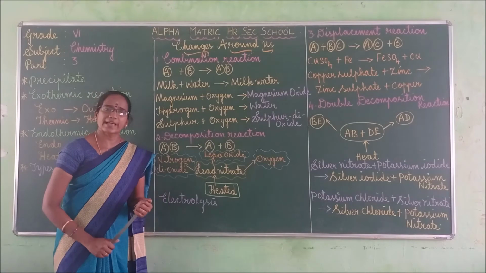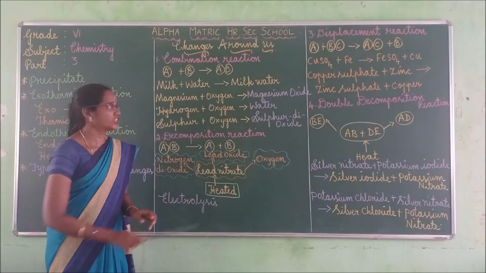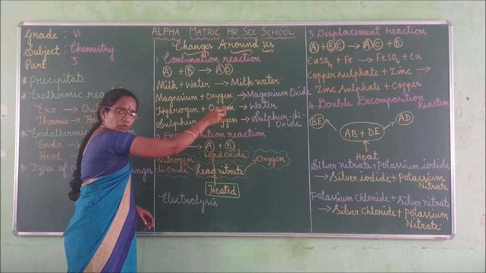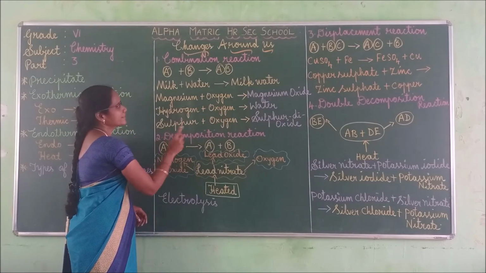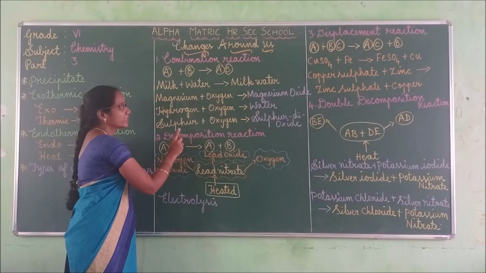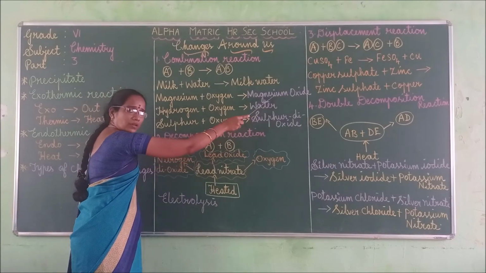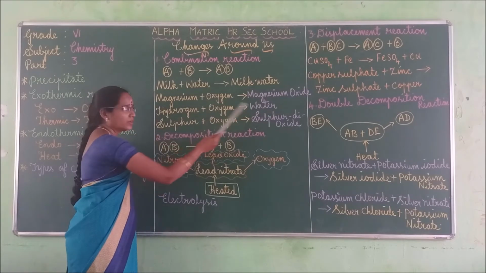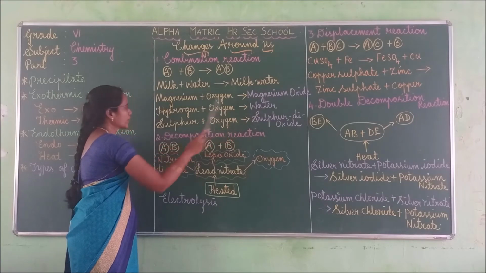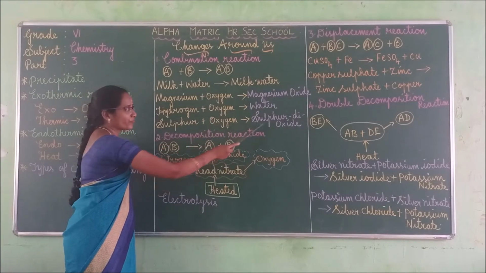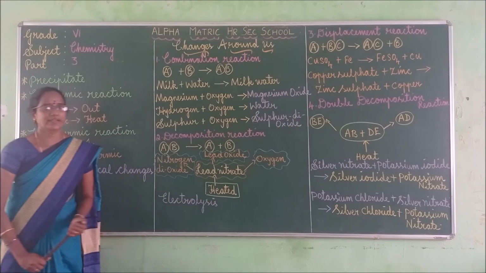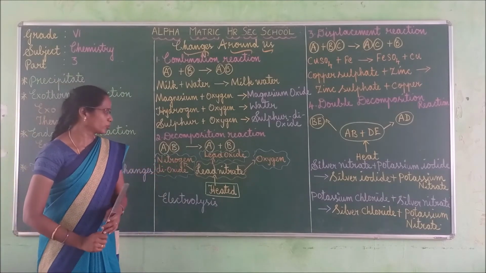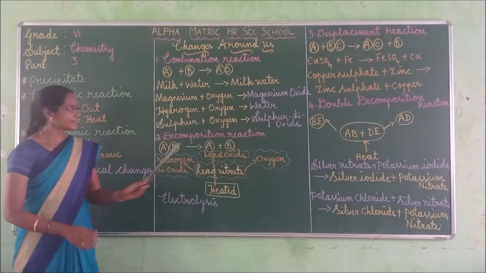So, combination reaction is a reaction in which 2 or more substances react to form a new product. Here see, these 2 are substances. These 2 substances react to form a new substance. Here also hydrogen and oxygen react to form a new substance, water. Sulfur and oxygen both react to form sulfur dioxide. Right, children? So now you know about combination reaction. Shall we move to the next one? Right. Next we can move to